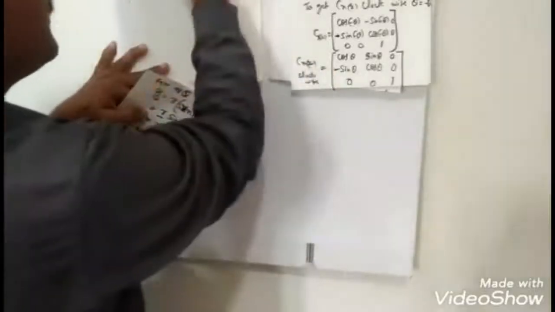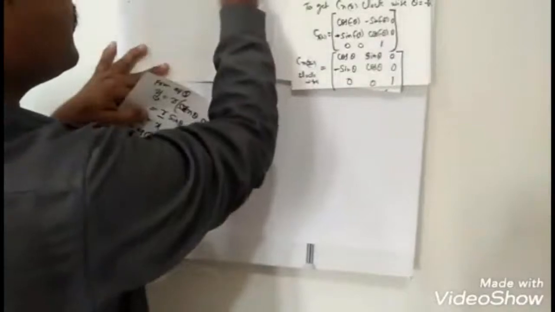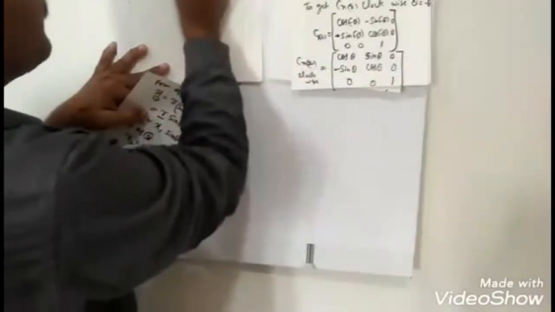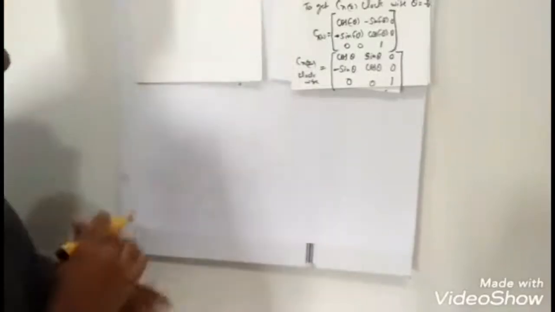You can also derive and cross check. You will get like this. The value of this one will be cos theta, this one will be sin theta, this will be minus sin theta, this will be cos theta. So this is the CNY matrix. Similarly we will go for the